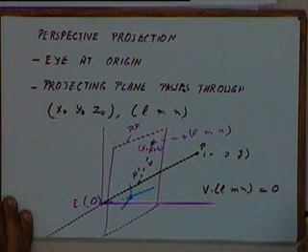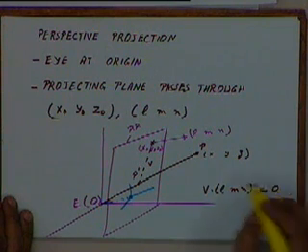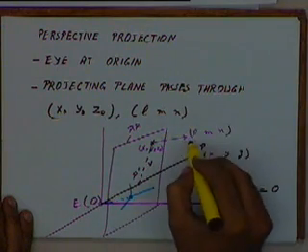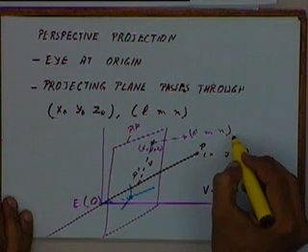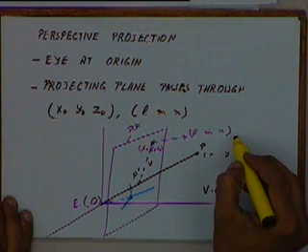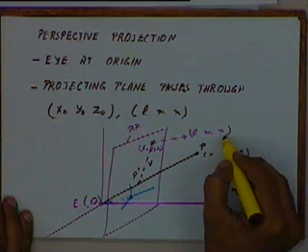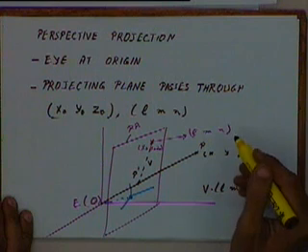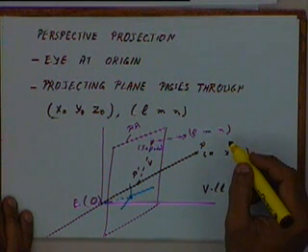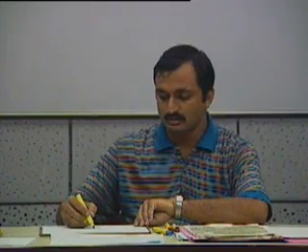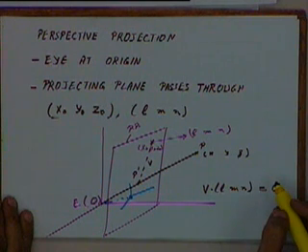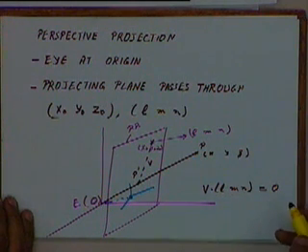This is because this vector V is a vector in the plane, and this vector LMN is a normal vector to the plane. Okay, so LMN has to be perpendicular to every vector in the plane. And if two vectors are perpendicular, their dot product has to be 0. So the dot product of V with LMN will be equal to 0. We say V dot LMN is 0.